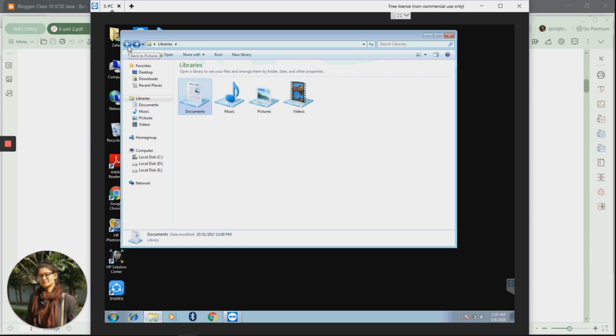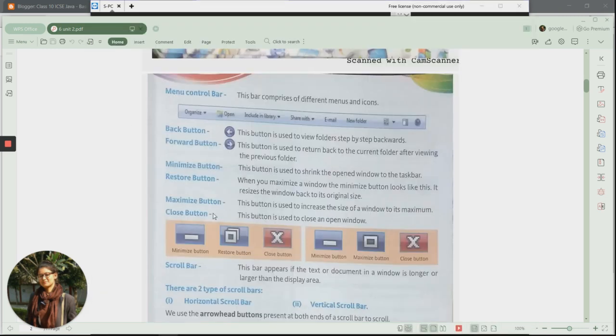Okay, it is holding every next step and every previous step. So basically this is your back button and this is your forward button. Okay, this is your close button, this is your minimizing window, and this is basically your maximizing. See over here, these all you can see by yourself.